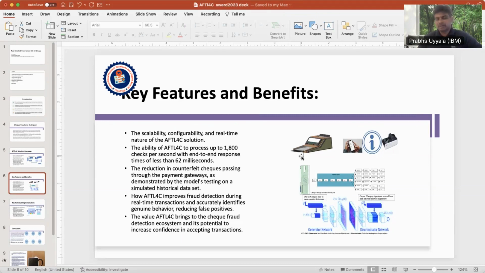Sometimes the check is actually not a fraud, but the back office algorithm or somebody identifies it as suspicious. It has to undergo scrutiny and be reviewed by eyeball verification. They need to call the customer and cross-verify everything. Then if it is a real check, that's a false positive, and the bank has to spend a lot of money on all those things in the back office. So that's the reason